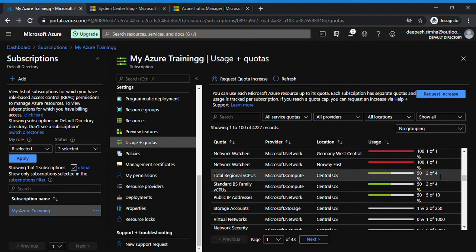Here you need to understand Microsoft is not going to allow you to create any number of virtual machines that you want in real time, because Microsoft should have the capacity or capability to handle and hold those resources, right? They should have data center capacity.